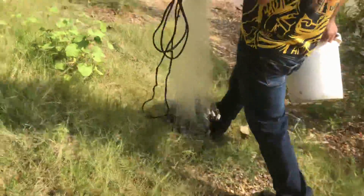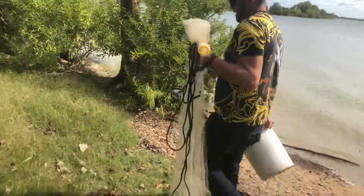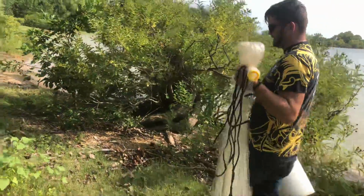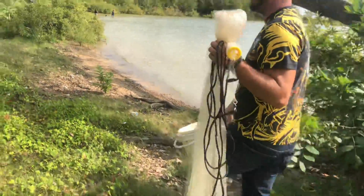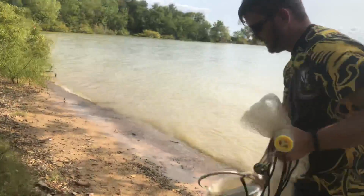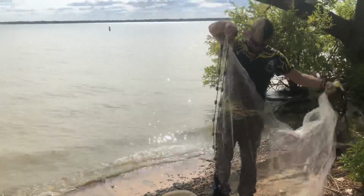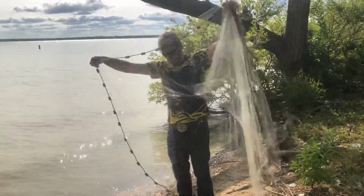Like I said, sometimes it takes patience and sometimes you just gotta throw and throw and throw, wear yourself out to get bait. But in my opinion, shad is the best thing to use for any fish in this lake, specifically because shad is their main dietary substance. I don't like using imitation, I don't like using stink bait, get that stuff all on you, nasty. I like shad for all fish. Every fish that swims in this lake eats shad, except for maybe carp. Maybe they do if they get real hungry, but most of the time they're a...